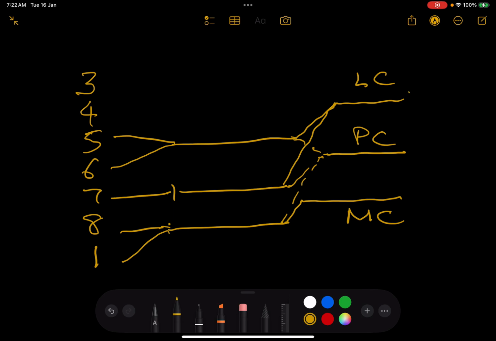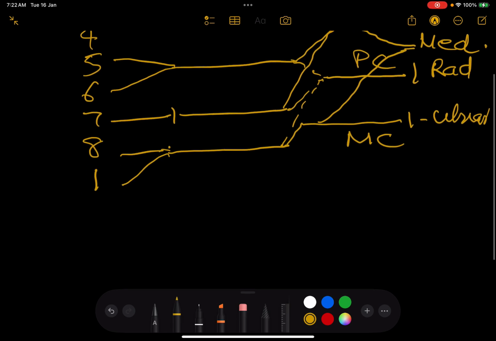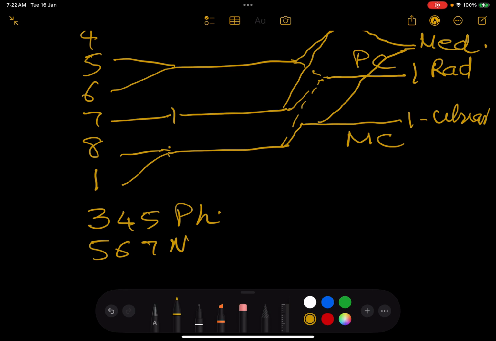The lateral cord continues into the musculocutaneous nerve, the posterior cord into the radial nerve, and the medial cord into the ulnar nerve. And a fourth nerve arises from both the lateral and medial cord, which we call the median nerve. The branches of this brachial plexus were 3, 4, 5 phrenic, 5, 6, 7 nerve to serratus anterior,